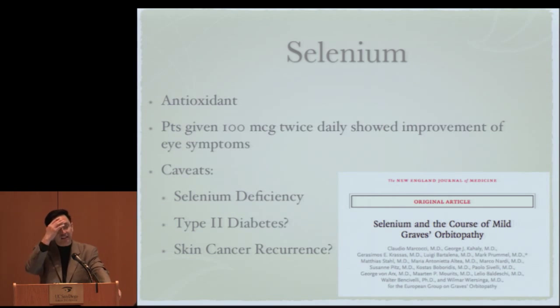Selenium is an antioxidant. It's given at a dosage of 100 micrograms twice daily, and it is shown to have an improvement in a large study in Europe. However, the caveat is that this group of patients that was treated with selenium was treated in an area that was deficient in selenium, okay? So we still don't quite know, does it work well or not, but it's pretty well tolerated, and if it's well tolerated, I would say that it would be safe to take it unless you develop some of the side